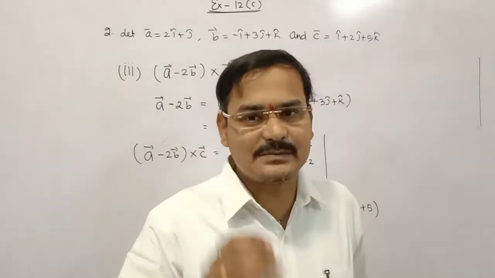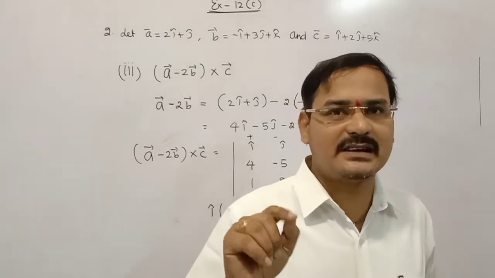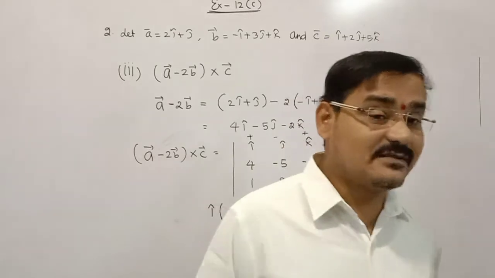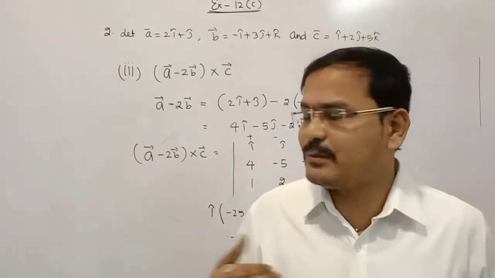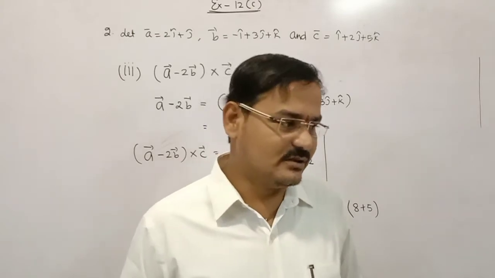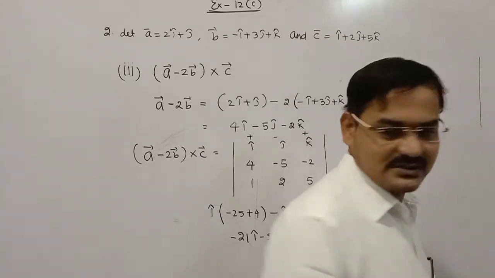After that, find its magnitude. Then you can write n cap is equal to a bar cross b bar divided by the modulus of a bar cross b bar. But here, a very important mention: he is not asking for the positive direction or any particular direction, so you need to take plus or minus also. In that way you can solve the third question. See, we can write the question number 3.